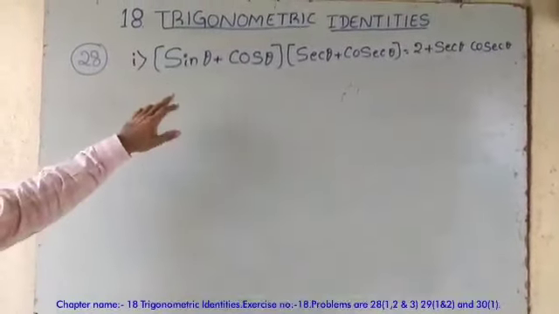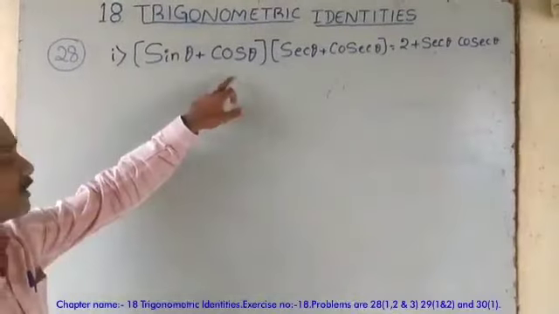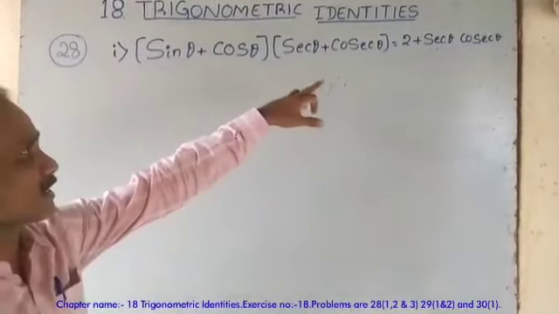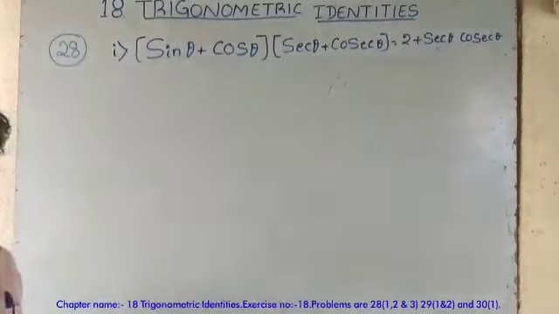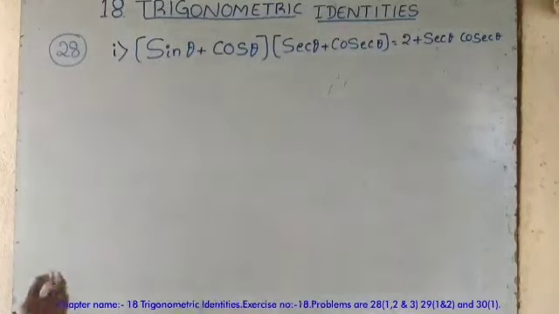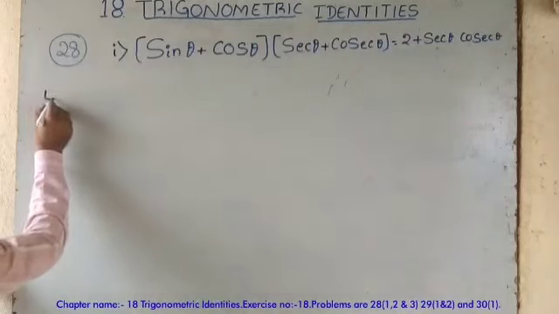Same chapter, trigonometric identities, question number 28. First one: (sin theta plus cos theta) into (secant theta plus cosecant theta). We have to show this value is equal to 2 plus secant theta into cosecant theta. Now, LHS